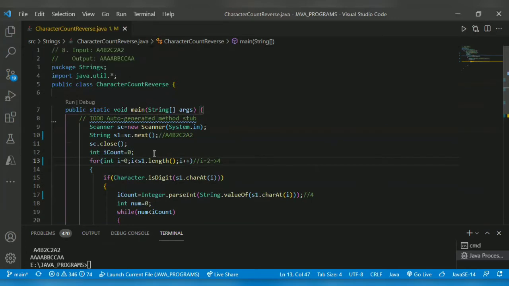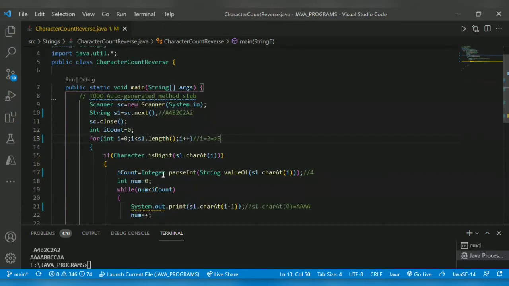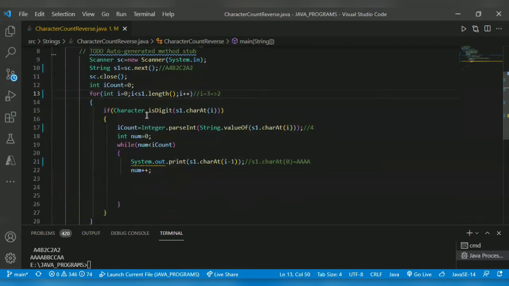At i equal to 2, which is B, B is not a digit, so it will get incremented. i will get incremented to 3. 3 is 2, and 2 is a digit. So in count, it will store 2.